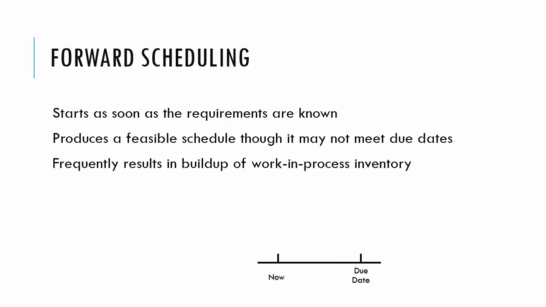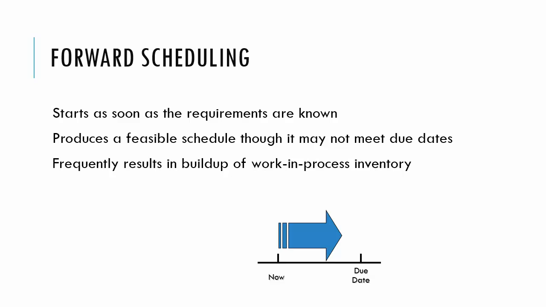Forward scheduling starts as soon as the requirements are known. It produces a feasible schedule, though it may not meet due dates. Now that might be a bit confusing. Remember, feasible means it's possible, it's doable. So if it doesn't meet the due date, isn't the due date a constraint? Well, if it's a constraint, then how can it be feasible? What that means simply is that due dates are soft constraints, not hard constraints. So if we miss the due date, maybe we incur some penalty or something,